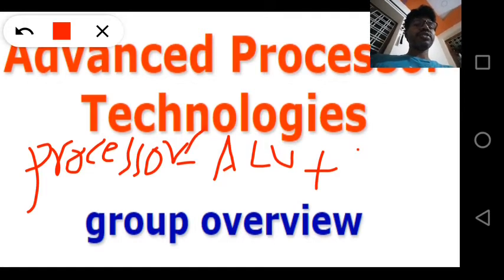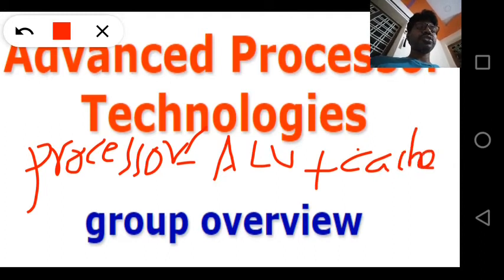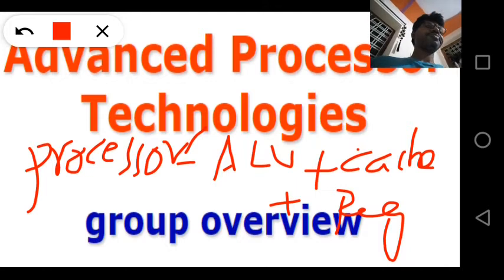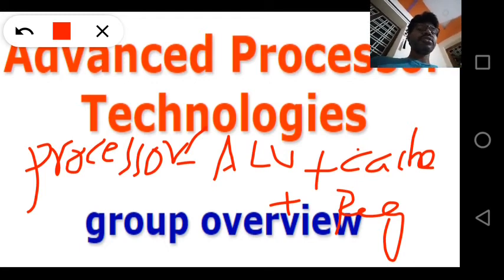A processor can have ALU, cache, and some special purpose registers. We have been saying that this is called a processor, and in a conventional computer we use a normal processor